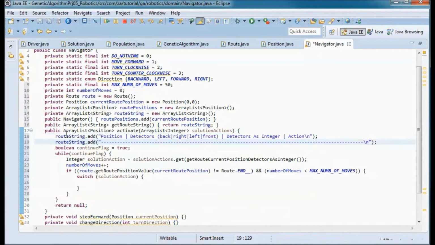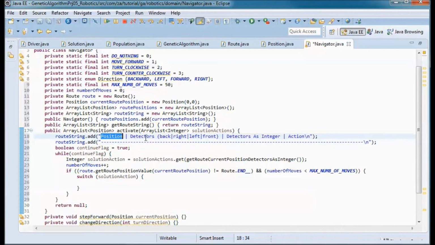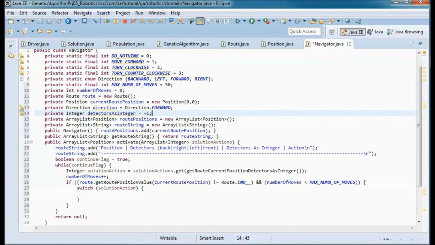So initially I will add these to the route string: the position, the detectors, and the detectors as integer, and the action. And let me define here the direction, and it will be initially direction forward from here, and detector as integer instance variable, and I'll set it initially to -1.